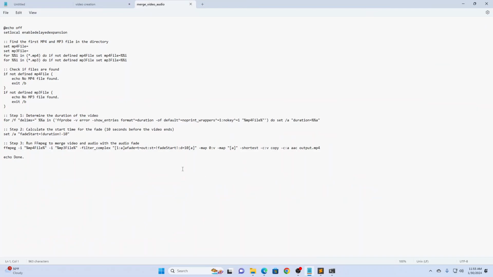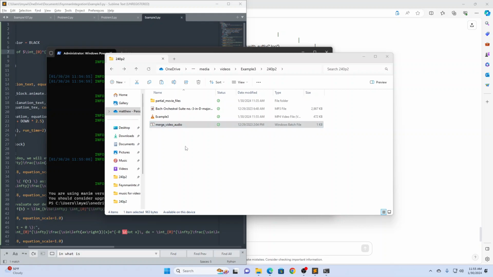For those of you that are interested in seeing this, if you can make sense of this, this was generated by ChatGPT. I just told it basically what I wanted the batch file to do, which is essentially combine, if you're in a directory, find an MP4 file, find an MP3 file, combine them, and make the music fade out over the last 10 seconds. And it did it the first time. It created the batch file that was able to do that. And I don't even need to enter the names of them. All I do is double click,